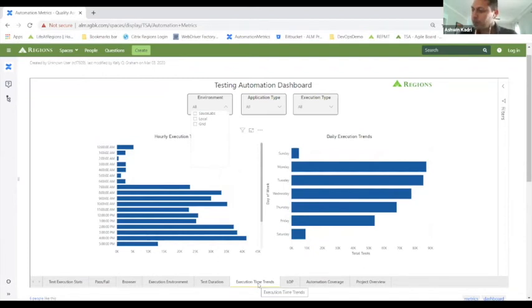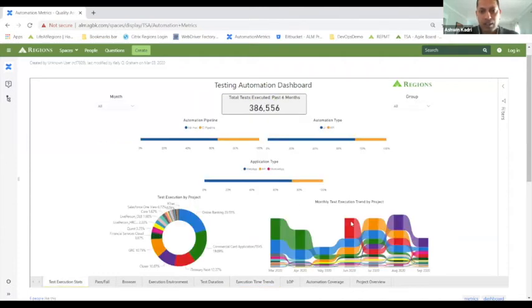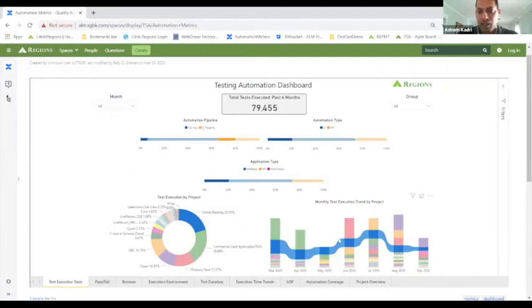Then we go to execution status, right? This might look like a confusing modern art, but this information is useful for us to see which teams have continuously used their testing automation suite. So for example, this particular project, every month they run a set of tests, they're pretty consistent. Whereas if I go to this project, they only started from June.